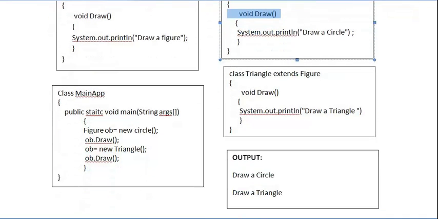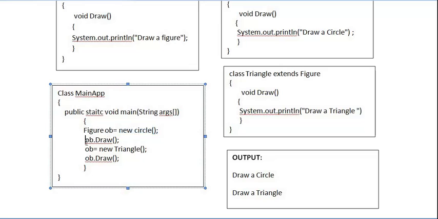Okay. So coming to the main method. In the main class, we will define a main method and create an object of the superclass. This is called a reference or a superclass object. Here you can observe that we are storing an object of the Circle class inside the reference variable of the superclass.